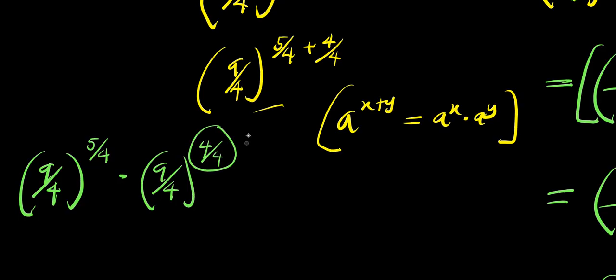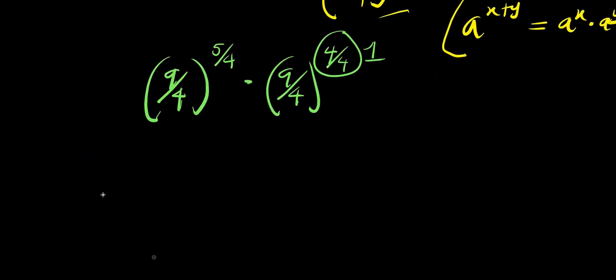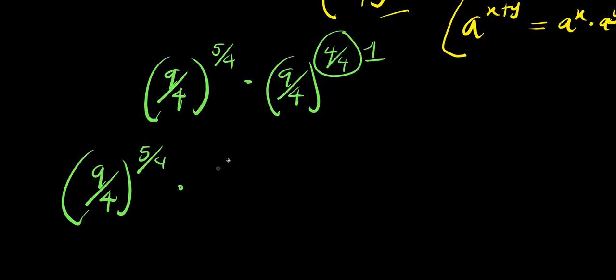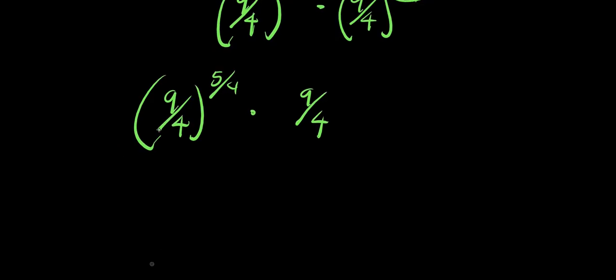And 4 over 4 is 1, right? So we have 9 divided by 4 power 5 over 4 times 9 divided by 4, because this is 1. This will cancel up. So this simply means I can express this as, this is 3 over 2 raised to